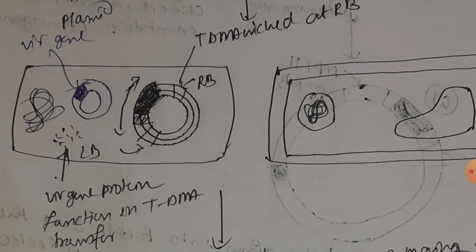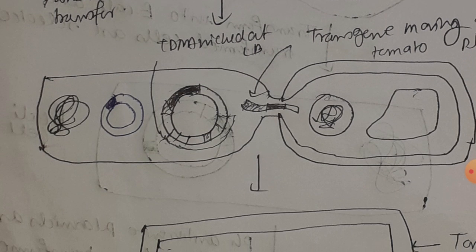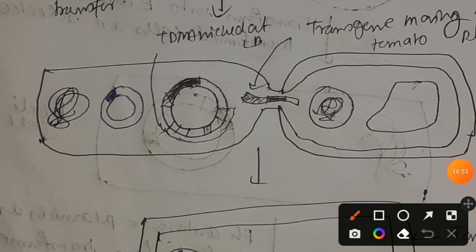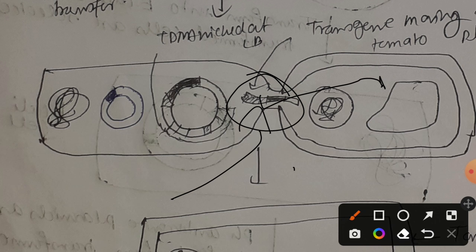Now the VirD2 protein will act as a pilot protein and guide that single stranded T-DNA part, that is here our transgene, into the plant cell and then into the nucleus, and in the nucleus it will be integrated with the plant chromosome,